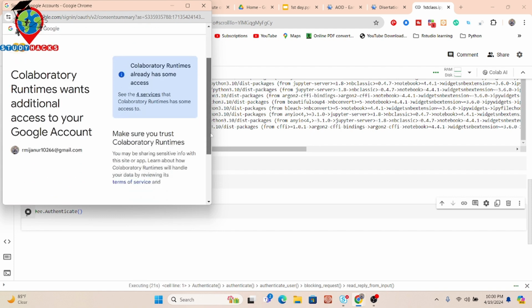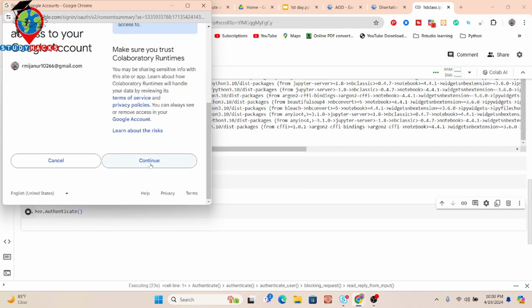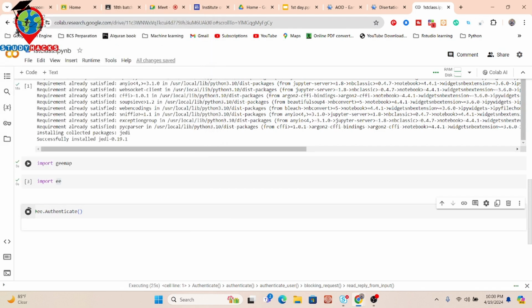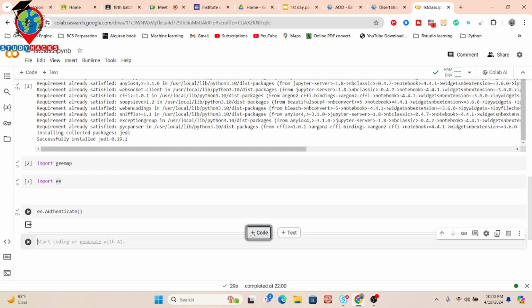And further, I just simply put here continue again. Okay, so now you can see it is successfully connecting with my email and it shows the right sign in here. Further, I just simply take the ee.Initialize. This time, you can see when I run the code,